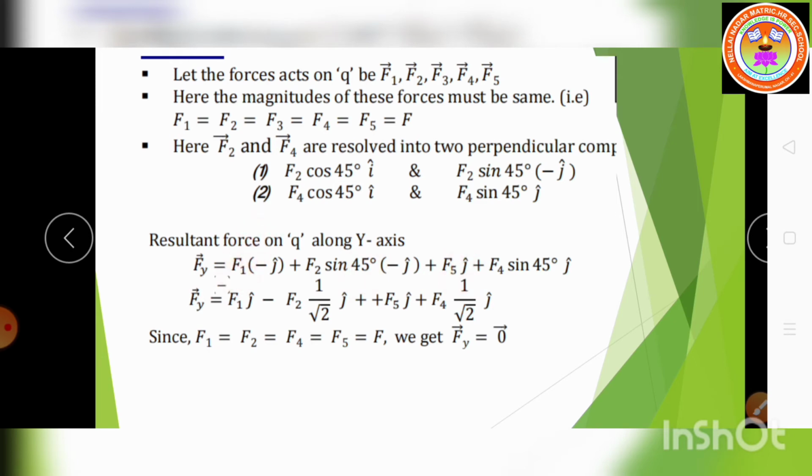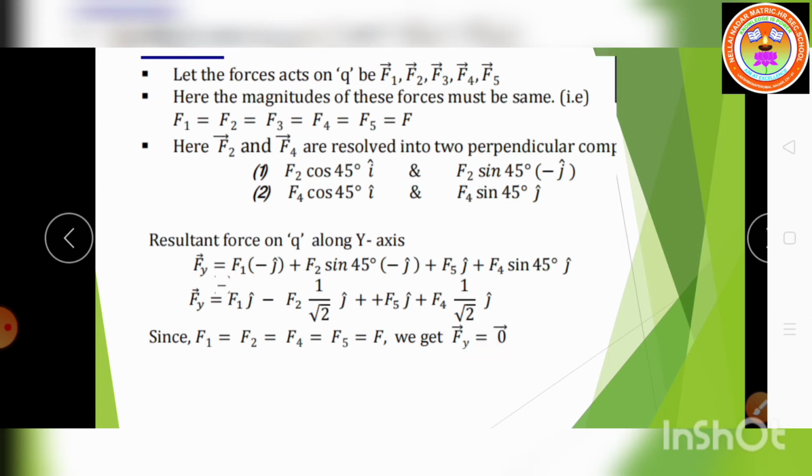So, what happened? This value and this value will be cancelled because here is minus F1, here plus F5. Then again, listen children, here is also minus F2, here plus F4 sine 45 degree, here minus F2 sine 45 degree. So again this term and this term will be cancelled. Directly we can write the answer: the total force Fy vector is equal to 0 vector. Okay, the force vector is equal to what? 0 vector. Or if you substitute the value of sine 45 degree and then add, we are getting the answer is equal to what?